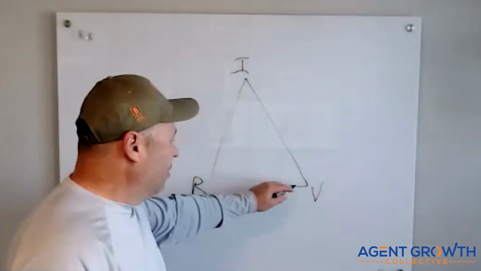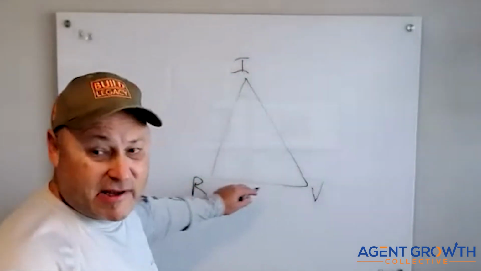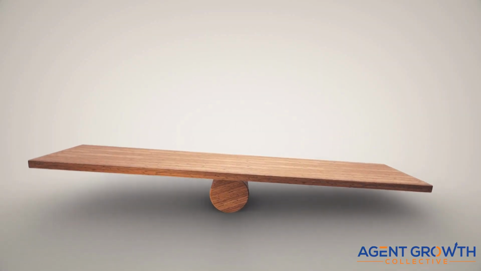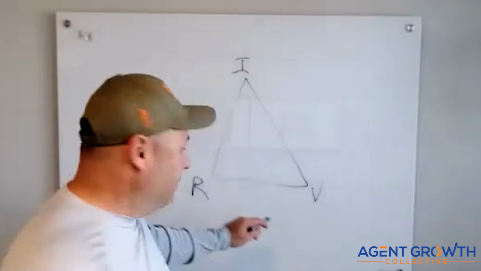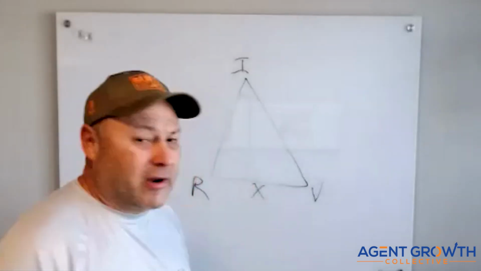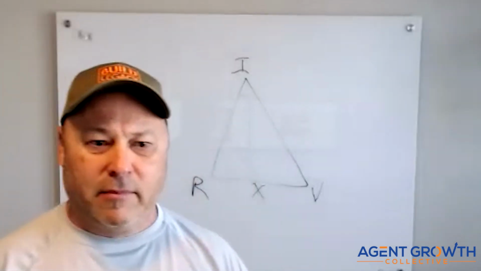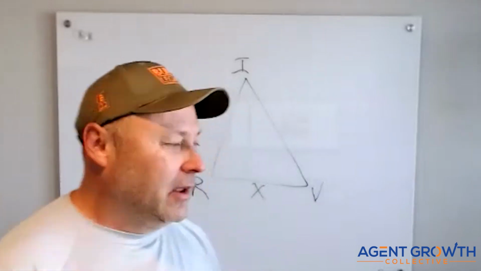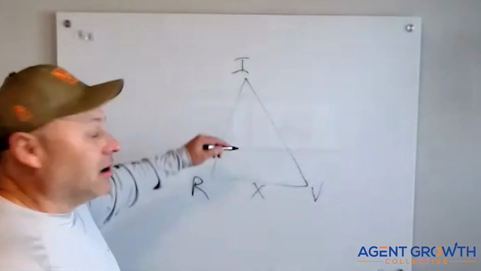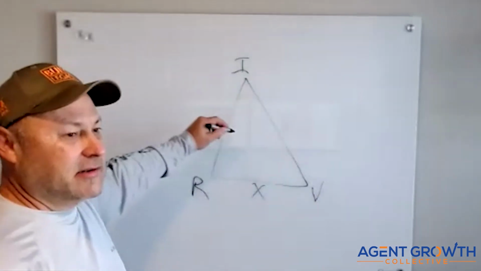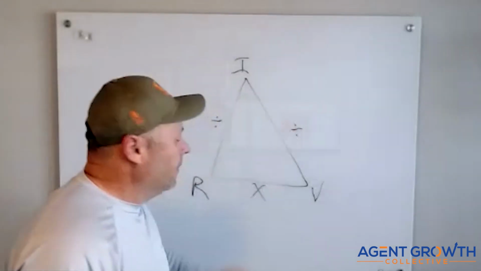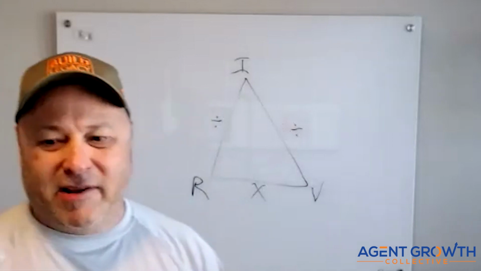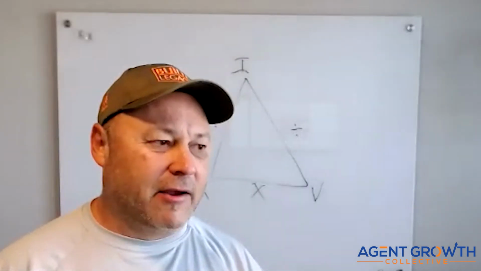Now, if we look at this bottom axis and think of it as a seesaw, we need a pivot point. So I'm going to put an X there for our pivot point. That's going to be a multiplication. Then all we need on the vertical axis is our division sign. So that right there is our formula for calculating